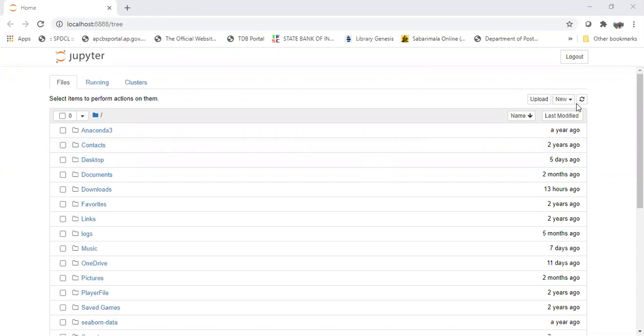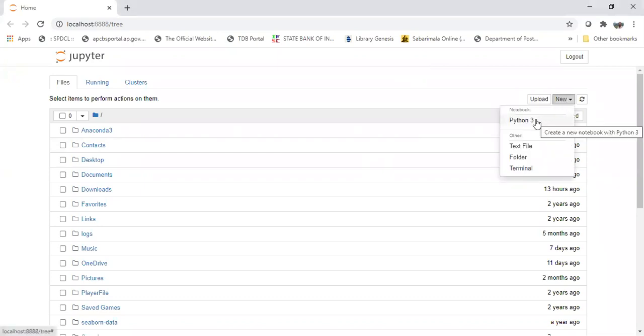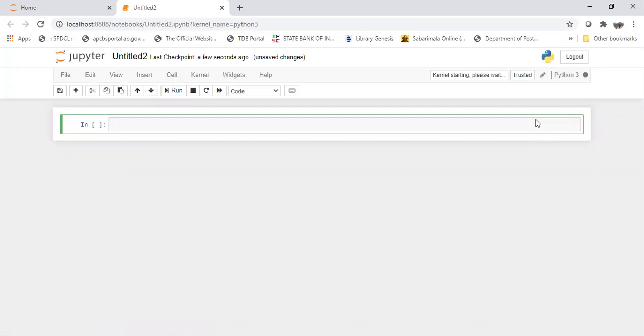Here you can take New for opening a new working area where we can do the programs. Select Python 3, and you get a new work area. Observe this, you can rename it.